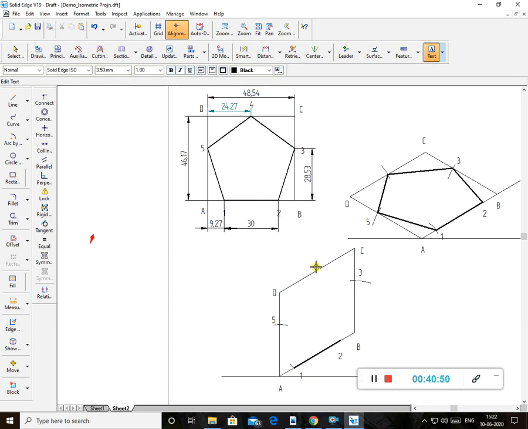Okay, and 4 comes at the midpoint here. So I got 5 points. So I'll draw now. From here to here, 1 to 2, intersection point. It is not taking, so I'll just trim this portion, sorry.